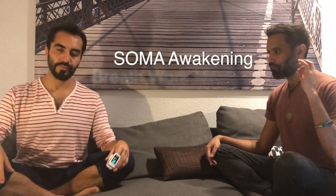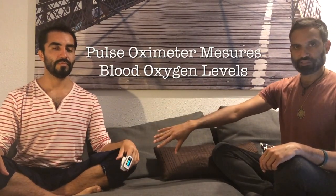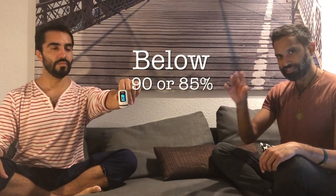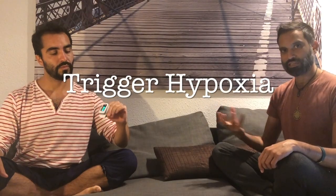Going to show you one round of the SOMA Awakening Breathwork meditation. Orlando's going to follow along and I'm going to guide the instructions. So, Orlando has a hypoxymeter on his finger. This measures the blood oxygen levels and it will allow him to know exactly when he's in the state of hypoxia. So when this goes below 90, around 85% and below, what will happen is it will trigger this intermittent